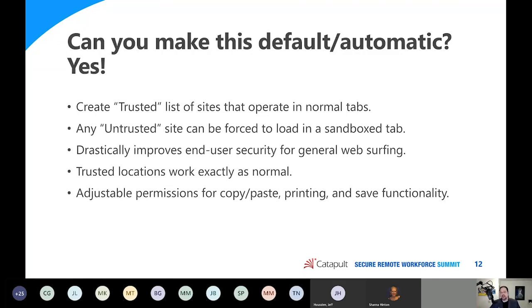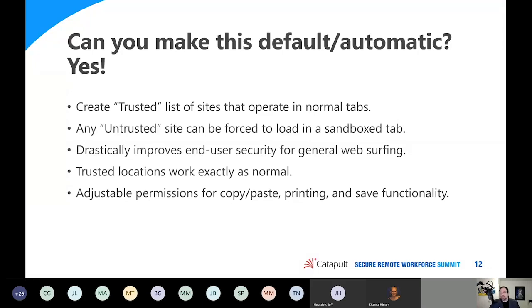Can I take advantage of that across my organization? The answer is yes. So if you've ever managed trusted zones and so forth inside things like your group policies for your end users, you can do something very similar. So you can actually set this up in a way that your trusted websites that need full functionality, your intranet, your trusted business partners, et cetera, they will get the full experience. So your end users can take advantage of everything else inside Edge. But the moment they browse to an untrusted location, it can actually force that to open inside of a sandbox